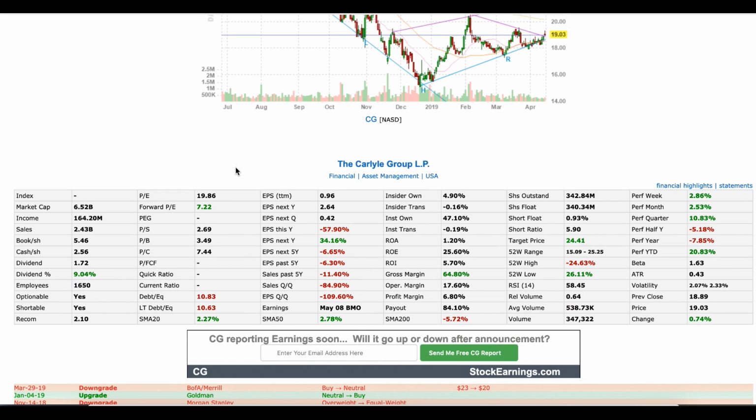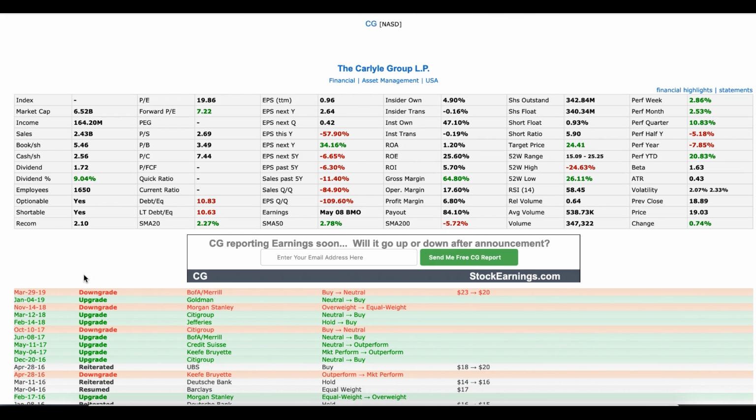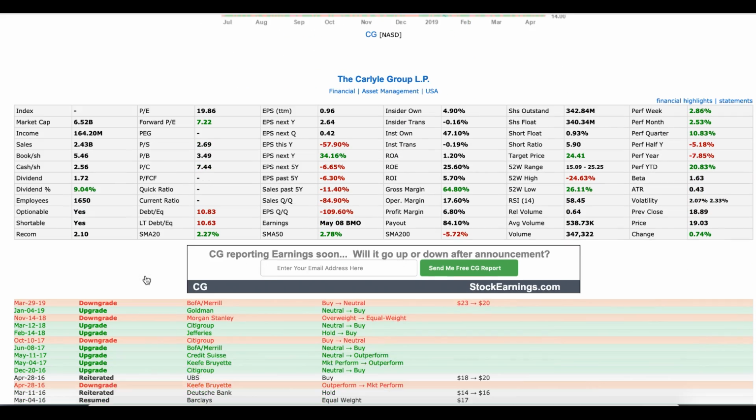And you can quickly look here at some of the financial stuff that FinViz provides you. So forward PE, price earnings, it's still pretty low at this price. You can see here earnings per share this quarter is going to be down a lot. Earnings per share next year is going to be up. You can see here downgrades, upgrades. So Merrill, Bank of America, downgraded this to neutral, to $20, so they're not really expecting a lot of